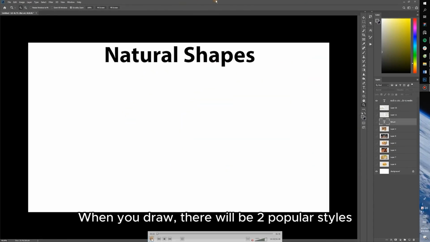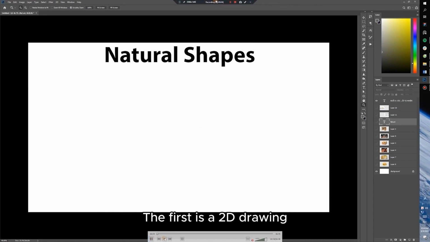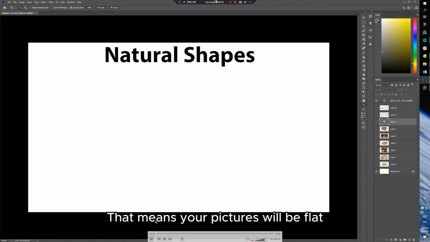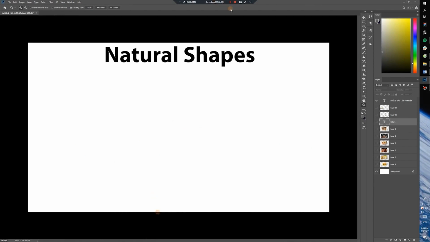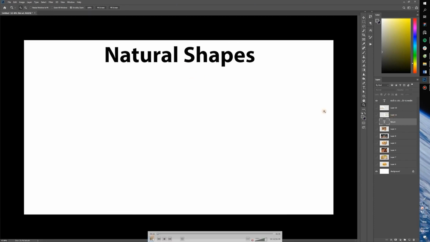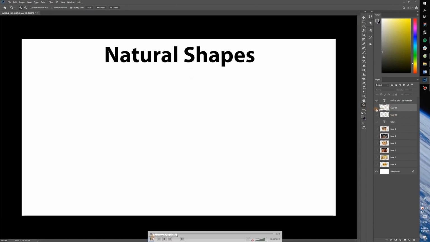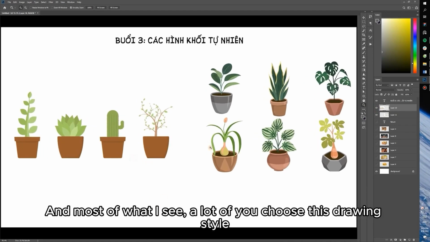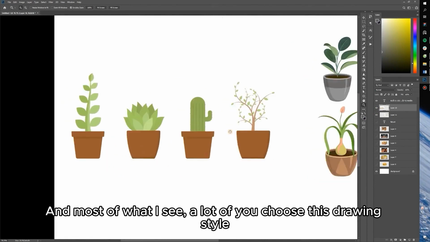When you draw, there will be 2 popular styles. The first is a 2D drawing, and the second one is a 3D drawing. What is 2D? That means your pictures will be flat. You can see it a lot in flat art design. You can see it was designed by AI. This left side will be flat like this, and most of what I see, a lot of you choose this drawing style